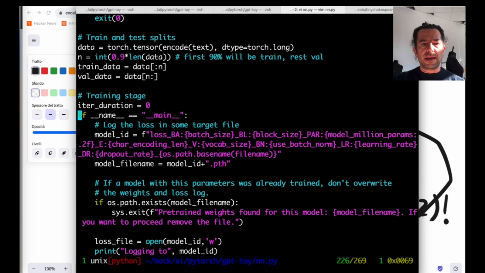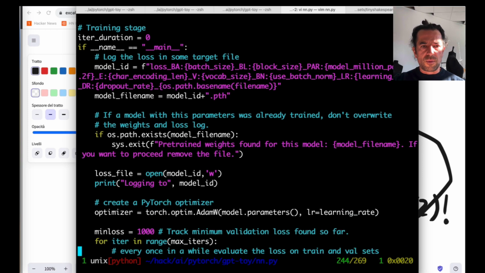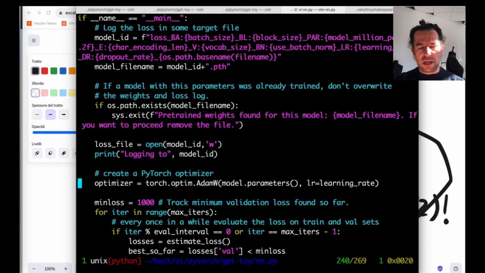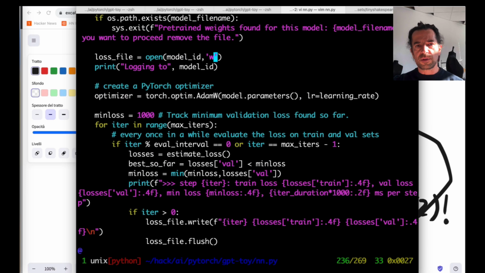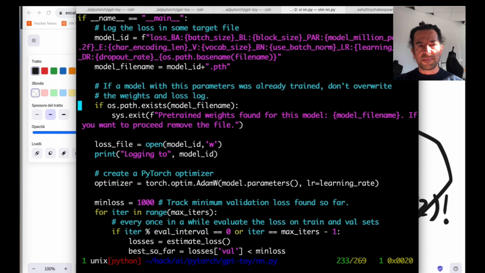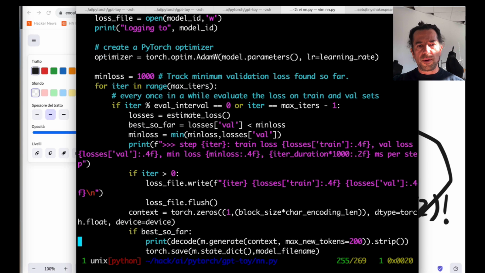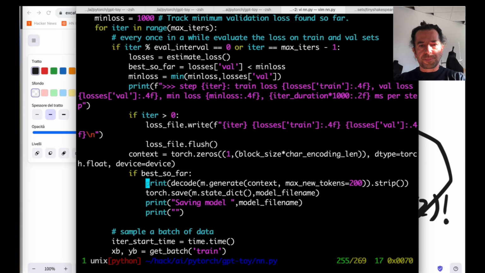Okay, what I did here, I modified quite a bit the original mini GPT code. The optimizer used is the same, in order to use very similar things, but I do checkpoints, and every time I find a model which is performing better, so the validation loss is smaller than the past one, it gets saved on disk.